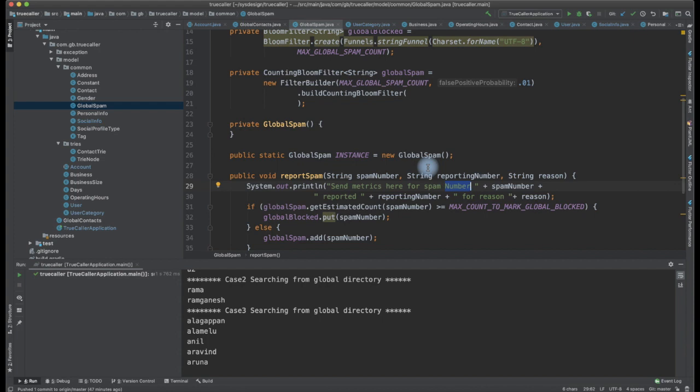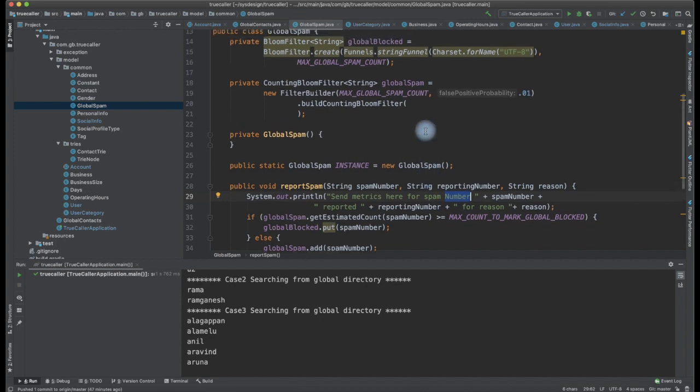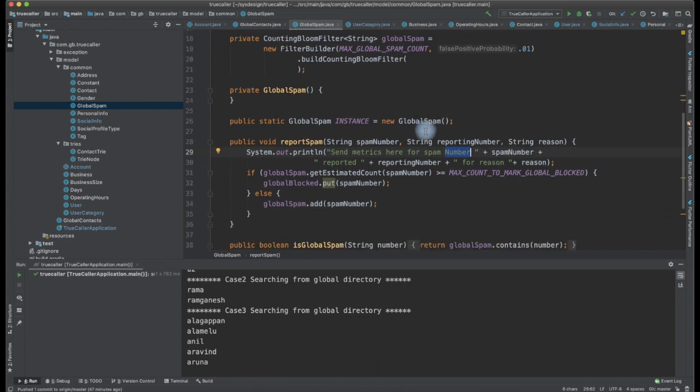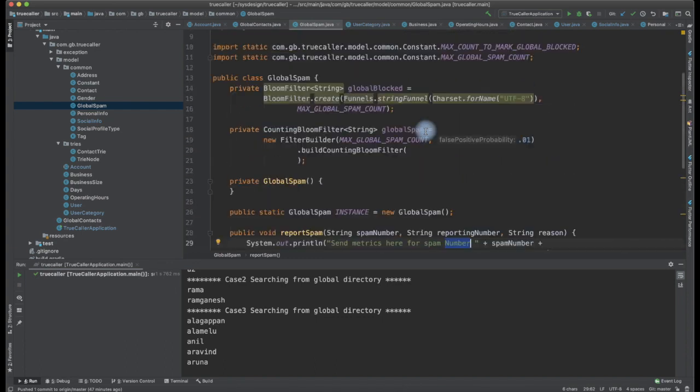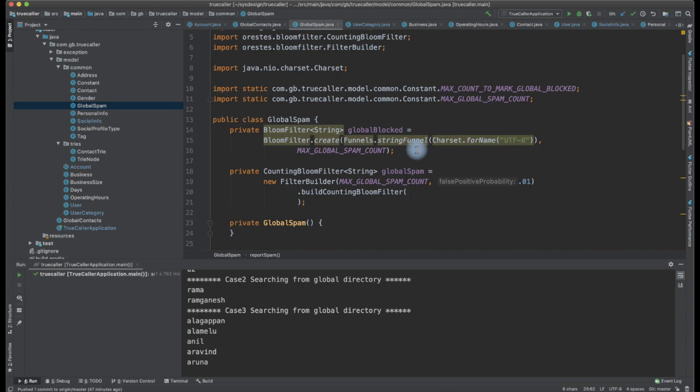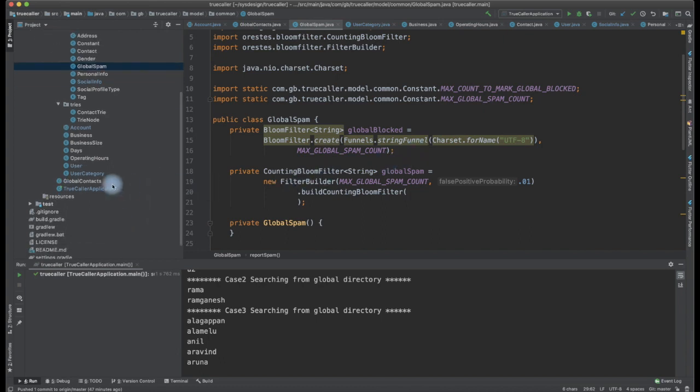Since we are designing an application which will be used by devices running on low network bandwidth, we should consider this as well. So that is with the global spam context. I think with this,